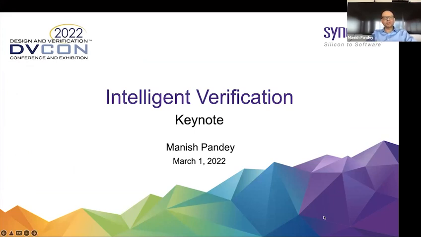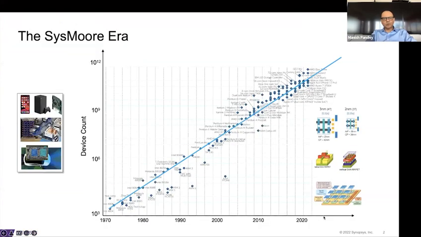So, I wanted to talk about intelligent verification and how AI and ML is revolutionizing verification today. But to set a bit of context, we are in this era of SysMoore. Really, this is about how Moore's law has been the driving force for the last 50 to 60 years, and how we are seeing an exponential growth in the number of devices out there. And it's not that we're just going to 3 nanometer, 2 nanometer and smaller devices, but also system on chip and multi-die systems that are being built today, which is taking us to the path where, in the next few years, we'll have ordinary SoCs with over 100 billion transistors,